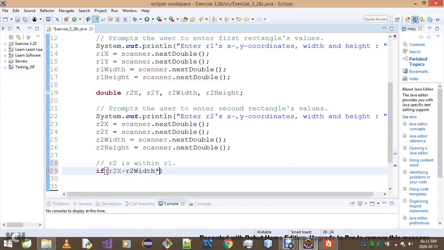So if the left boundary of R2 is greater than or equal to the left boundary of R1, if that is the case, the left boundary of the R1